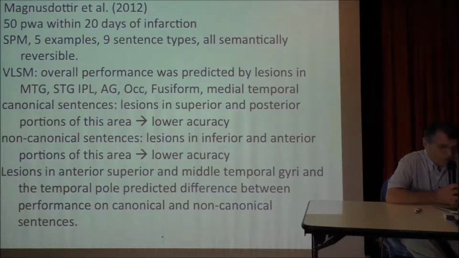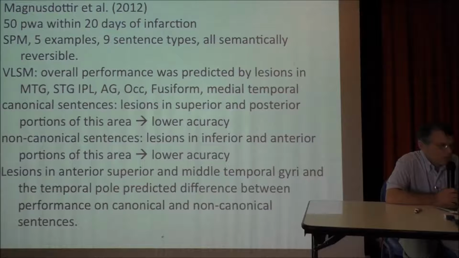Magnus' daughter and colleagues looked at 50 people with aphasia within 20 days of an infarction. They used 9 sentence types with 5 examples. They did a voxel lesion-based symptom correlation, and they found that overall performance was predicted by lesions in the middle temporal gyrus, the superior temporal gyrus, the inferior parietal lobe, the angular gyrus, the occipital cortex, the fusiform, the medial